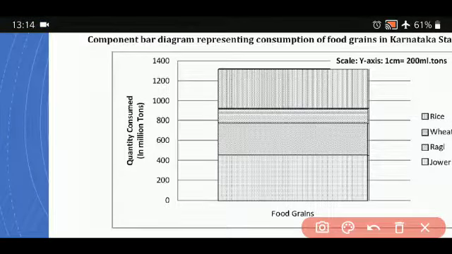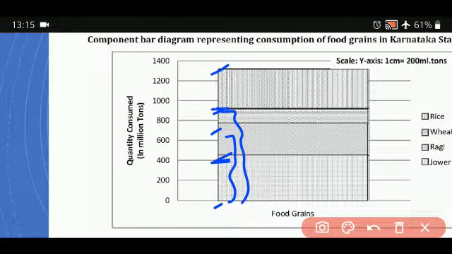See, first one is 450, then 770, then 920 and then 1320. We get these markings because we are starting here from 0. So directly when we go in increasing order, because if 400 is there and the next value is small, it becomes difficult for you to calculate. So you are making the total of these two things and the total of these things, writing here, and finally writing here. So this is how a subdivided bar diagram is done. For your convenience, you will be doing the cumulative values and marking there.